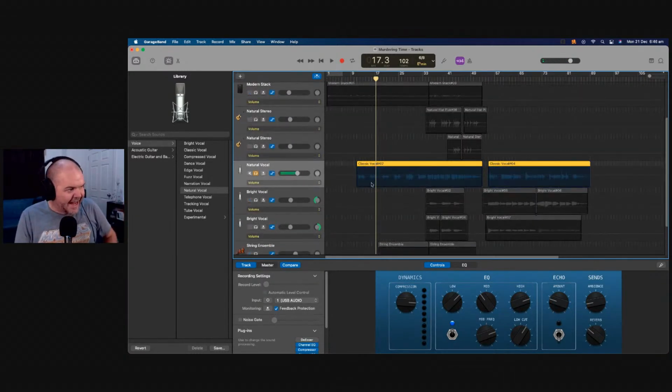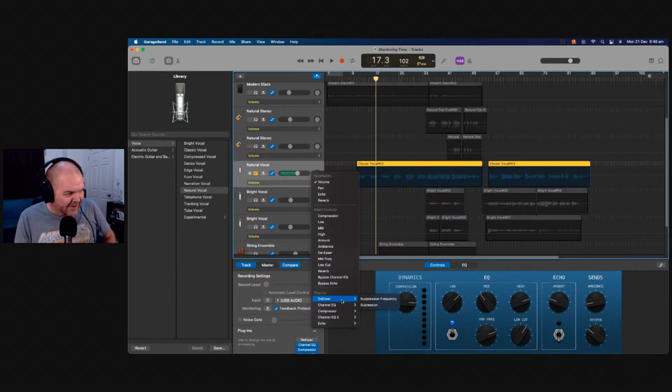So this time we can actually add automation in here. Now we just hit the A key and we get a very similar looking layout here. But here's the difference, right? Under the automation, what we're actually automating, we got volume, pan, echo, reverb. Then we can automate any of the smart controls that we have in there. And then we can automate all of these. Yeah, you can automate your different effects. So there's a lot more options in terms of what you can automate here